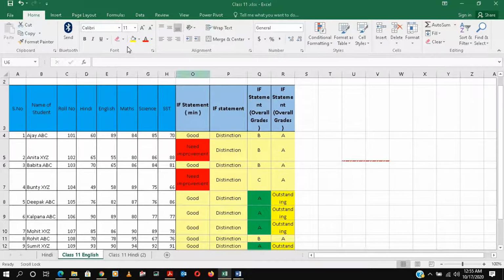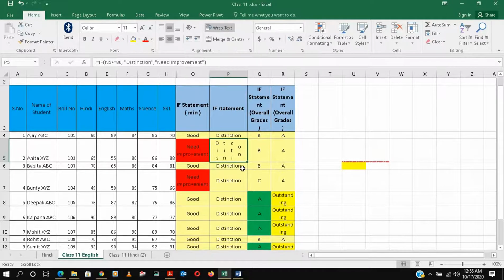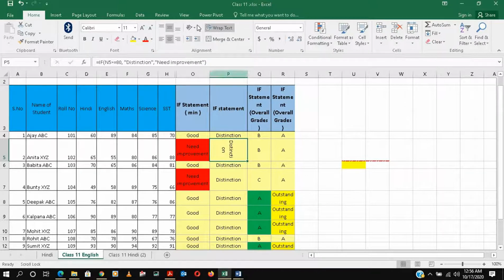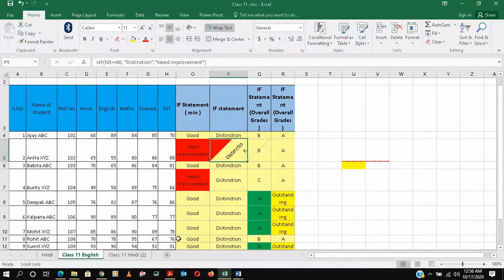Now if you want to put some fill, you can put some filling here. So this will be the fill. Once you put any text, the text color will be there. Then we will show this alignment. This is top alignment, so if we do it, it will go to the top, then center, and then down. Generally we put everything in center, then there is left, right, and center. You can play with this. Then here is orientation, where you can put the text vertical, or at an angle, whatever you want.